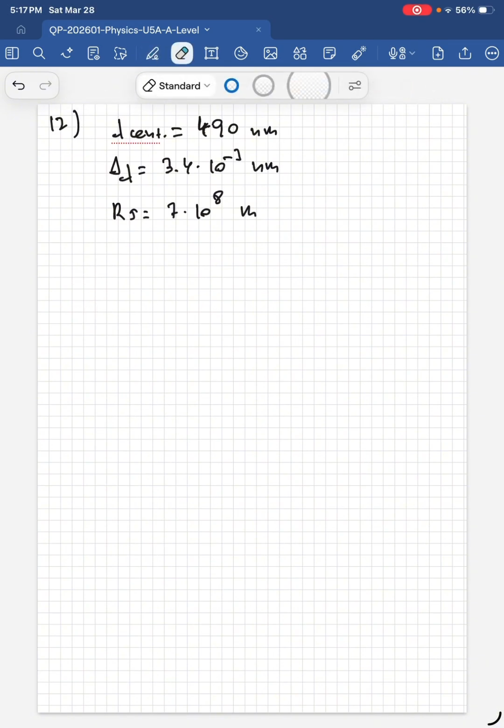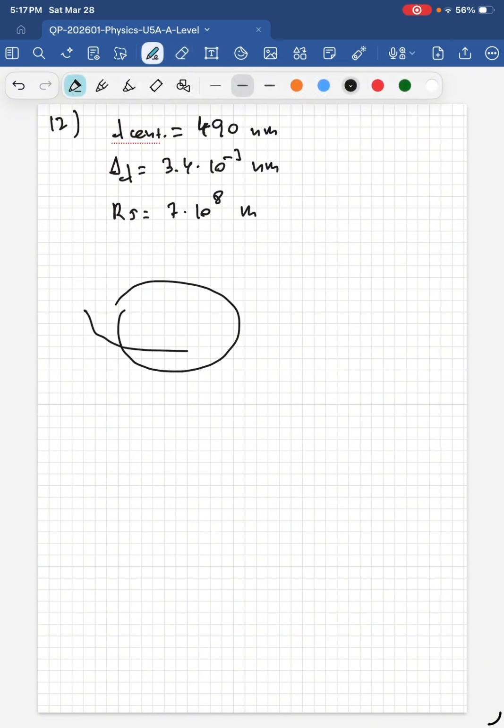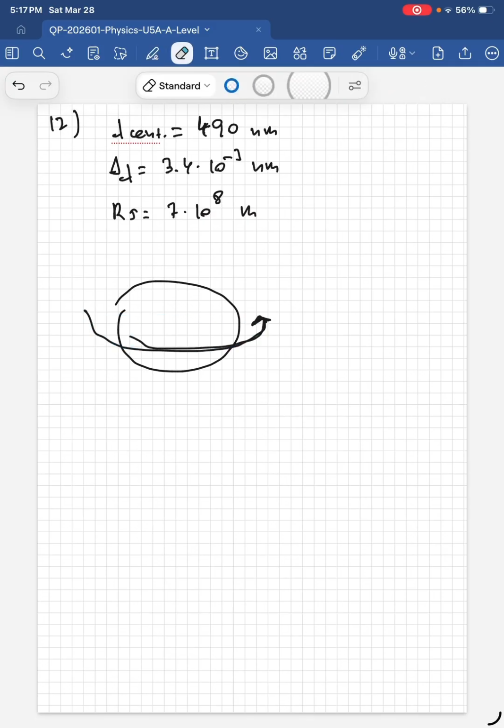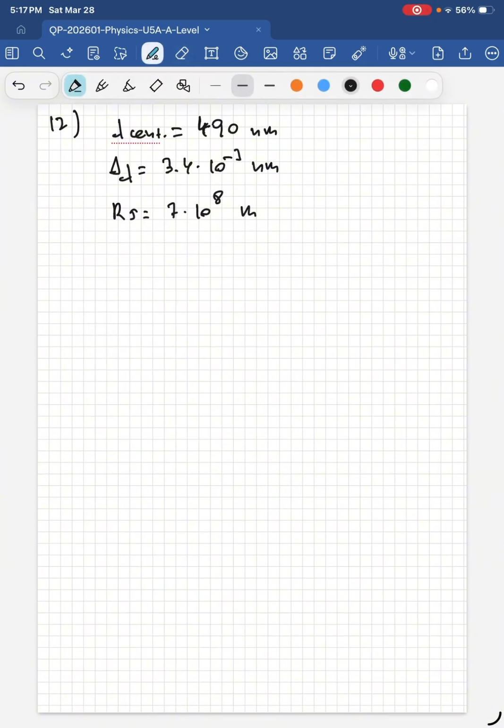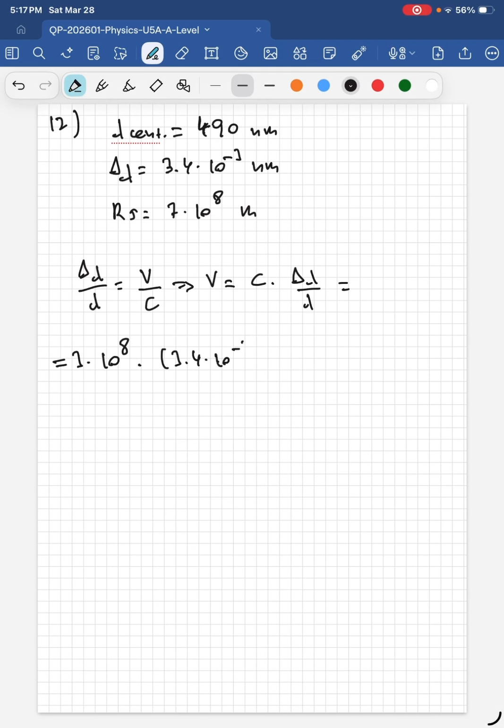And the picture is that as the sun rotates, it creates this shift. That's the idea. Let me erase this. So delta lambda over lambda is V over C. So V is C times delta lambda over lambda. So this is equal to 3 times 10 to the 8 times 3.4 times 10 to the negative 3 over 490. So we find